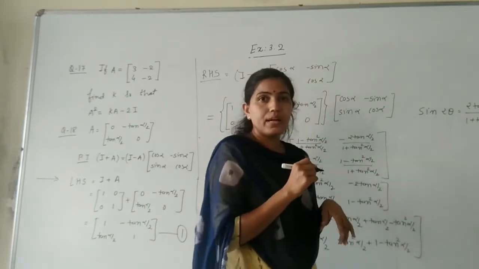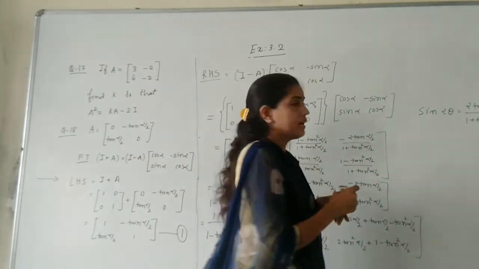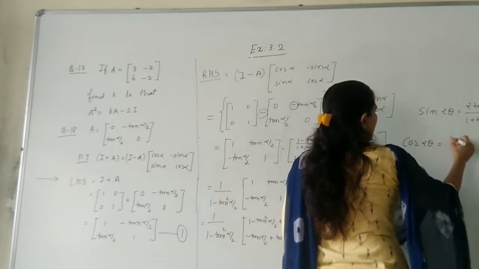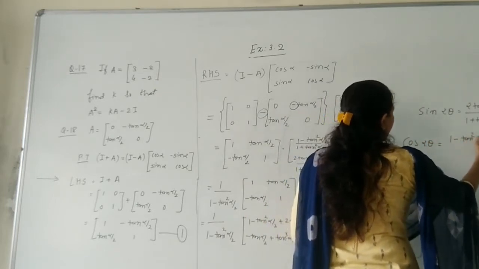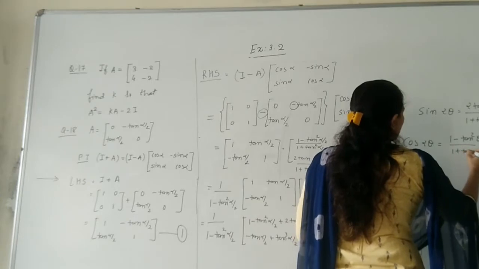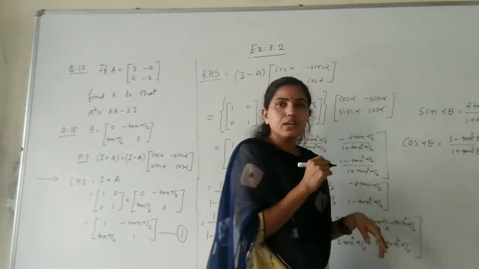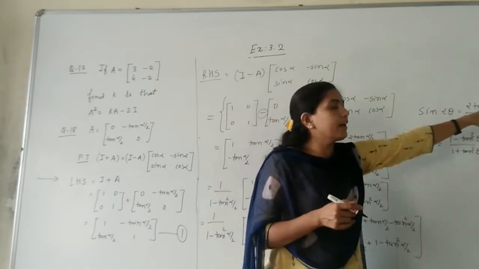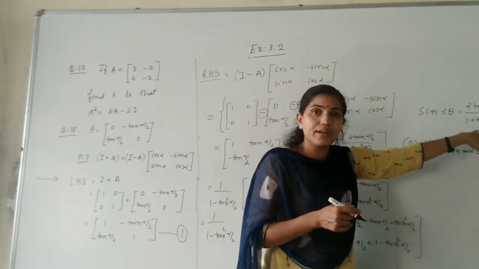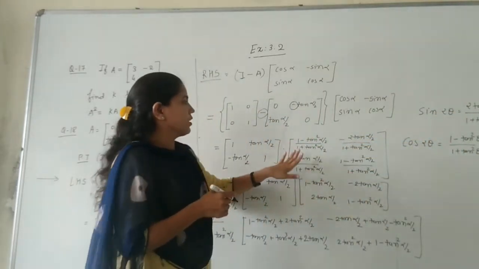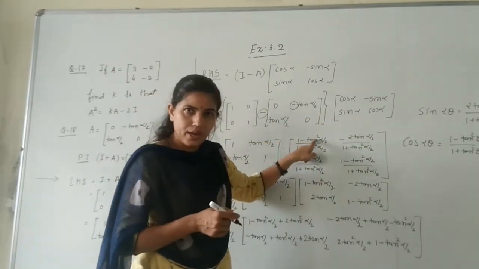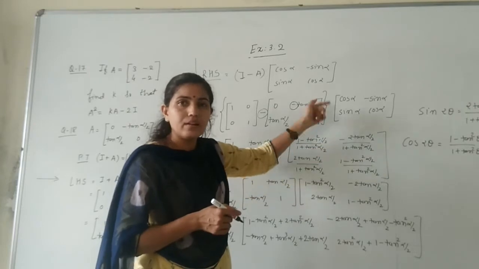Okay, this formula is there for cos 2 theta. Similarly, we have the formula for cos 2 theta as (1 minus tan square theta) upon (1 plus tan square theta). Right? Now when we are applying it for alpha, the angle will be half, that is alpha by 2. So cos alpha means (1 minus tan square alpha by 2), since the angle will be half,